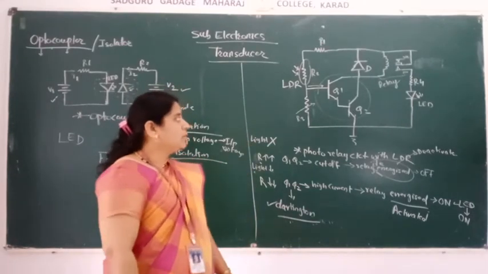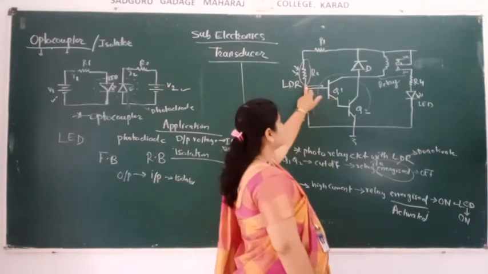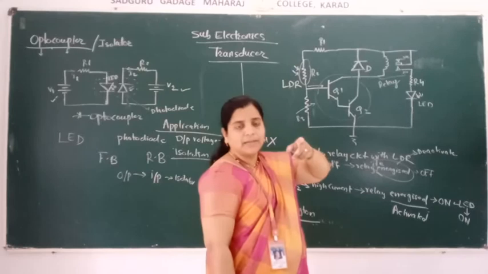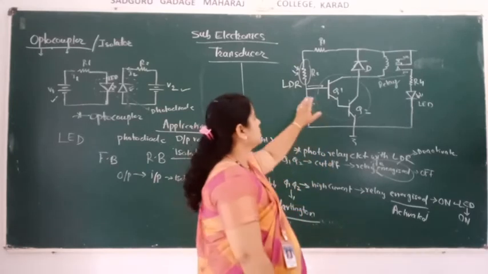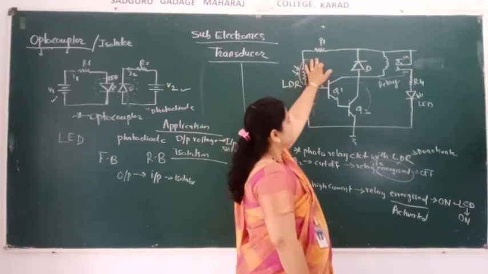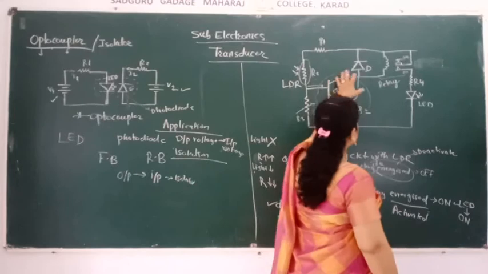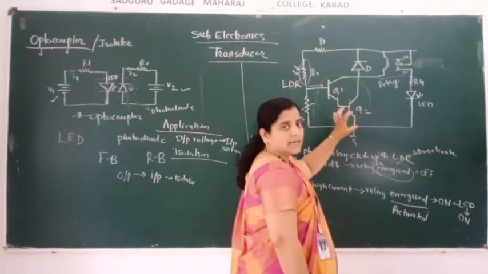So you have to draw the diagram first. You have to draw 4 resistors. First is the LDR, that is the light dependent resistor. The main resistor which makes the whole circuit work is your LDR. It is the R2 resistor. R1 is a protecting resistor, because more current flows as the transistors are connected in a Darlington pair.